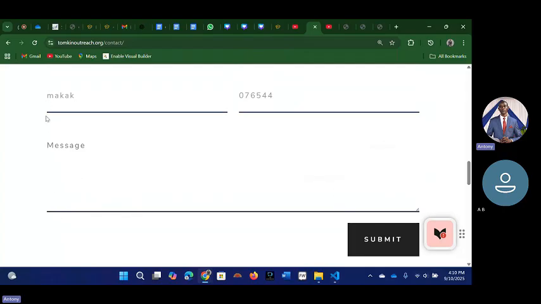From here to here it will be 10. So somebody can have enough space to write the information. So that is it.